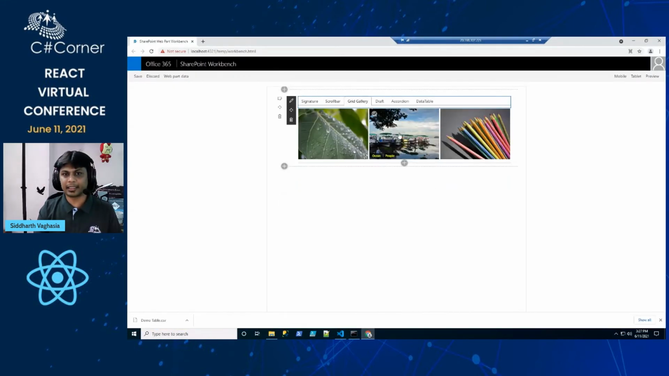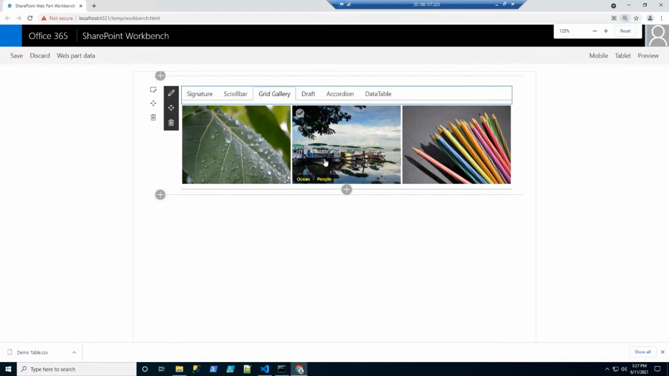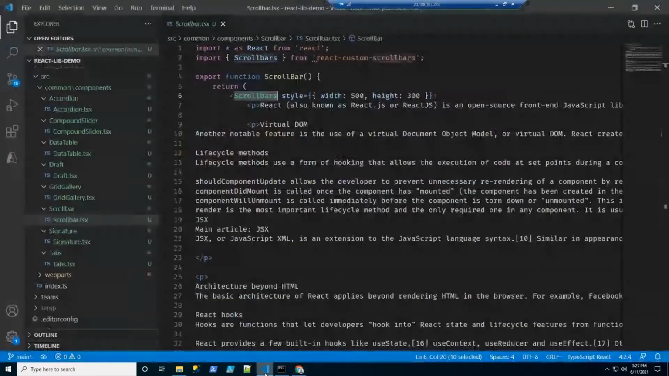So this is the grid gallery. If you see, this is selectable. I might have made it non-selectable, but you can see ocean and people. It means that these are the overlay text which you can add as part of your gallery also, right? In terms of implementation,